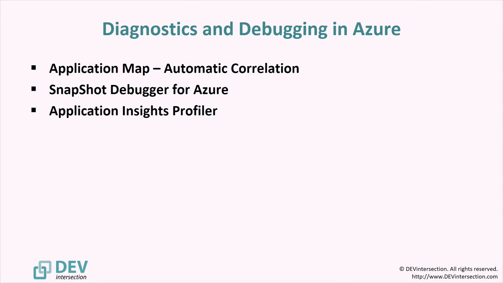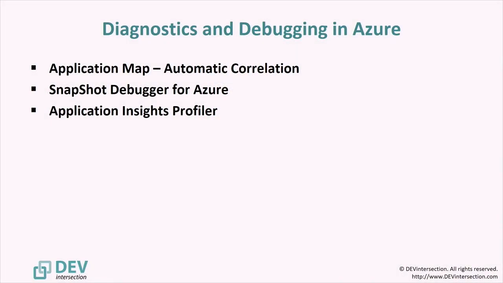So let's go a little bit deeper on the diagnostics part of this. Three features I want to highlight, and hopefully I get time to show all of them. We have something we call the application map, which is an easy way to show how your application interacts with other services and depend on other services. We recently added a feature about automatically correlating requests between services. We have something we call the